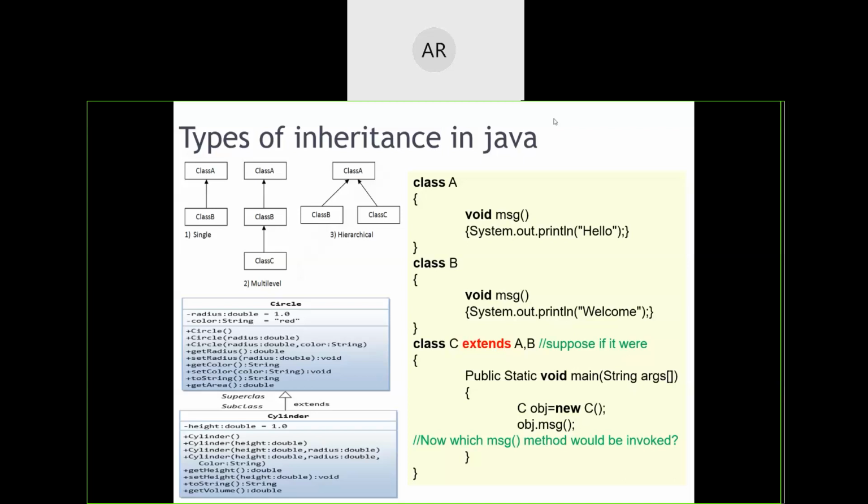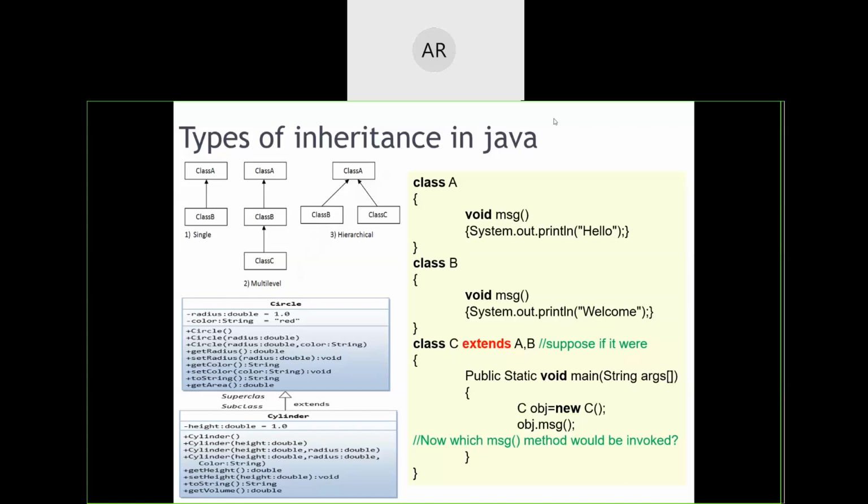hybrid inheritance. Okay? Multiple inheritance means class A, class B, class C, and they are all inherited into class D. That means multiple classes getting inherited into one single class. That was multiple inheritance. Hybrid inheritance was a mixture of single or multi-level inheritance and multiple inheritance.